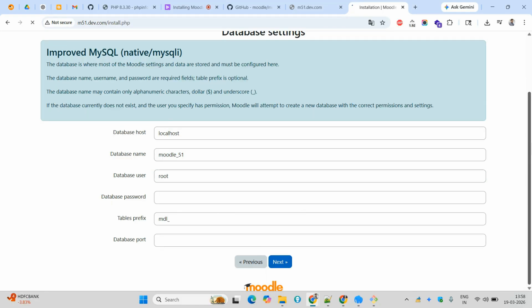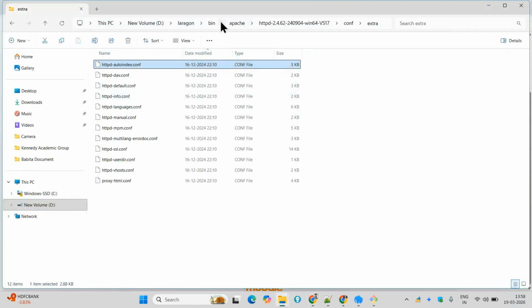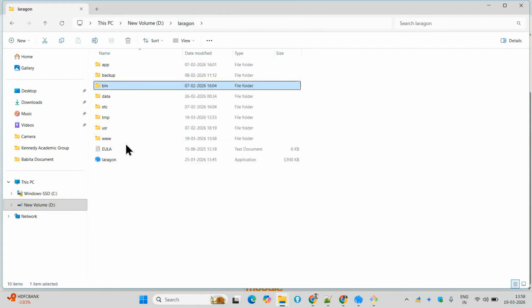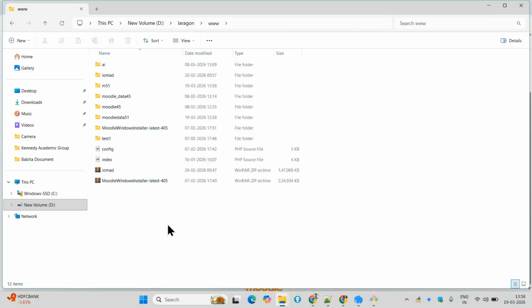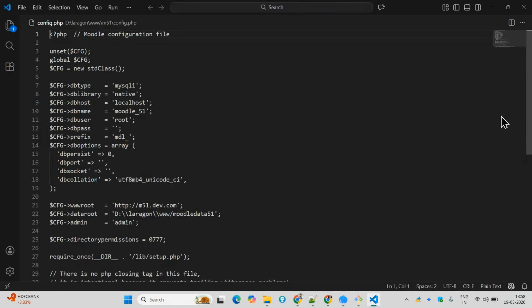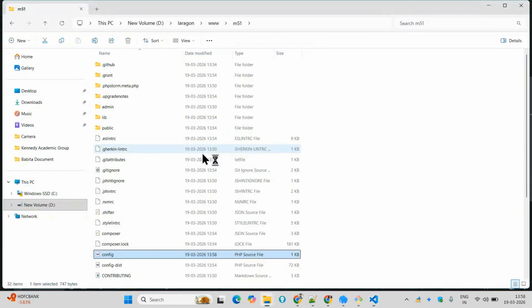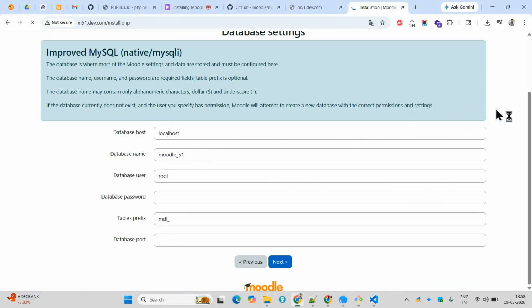Now after clicking on the next, the config should be created here automatically. So you really don't have to worry here within the Laragon. So most of the thing will be done automatically. Well, so this is the one. If you go to see config file, you'll find like this. Okay, so since everything is managed here, now if you come to the site, it will